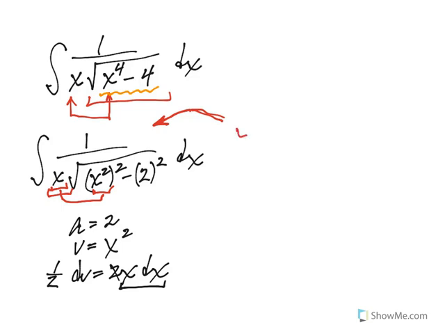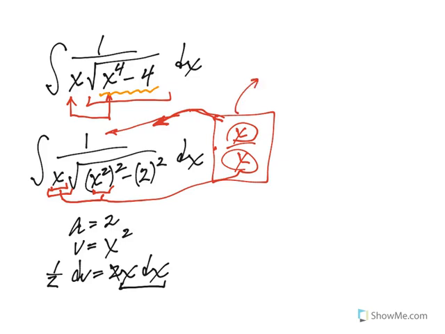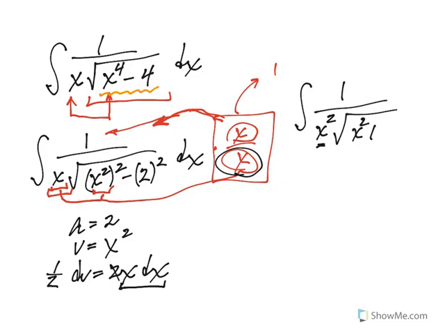Check this out. What if I multiplied by x over x? The top one will go right where I need it on top, and this bottom one will go right where I need it on the bottom. Now, the reason I can multiply by x over x is that it is just the same as 1. I'm not changing anything. And this is going to give me the integral of 1 over x squared, so this bottom x goes right here. I get the square root of x squared, that's wrong, minus 2 squared. And then on the top, or when I take out my x dx,